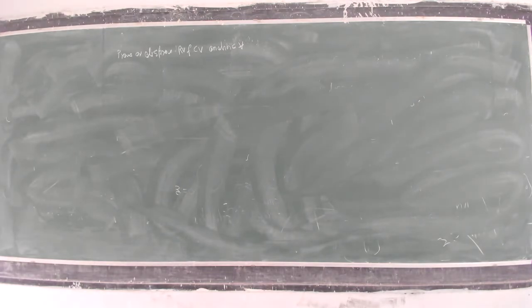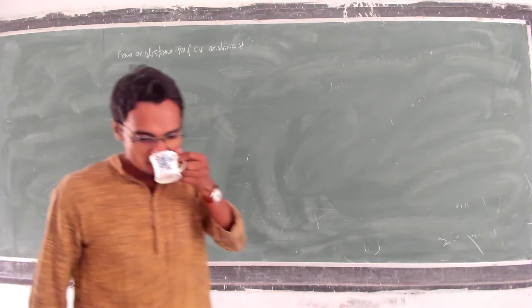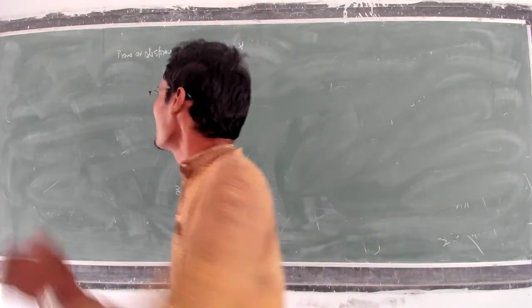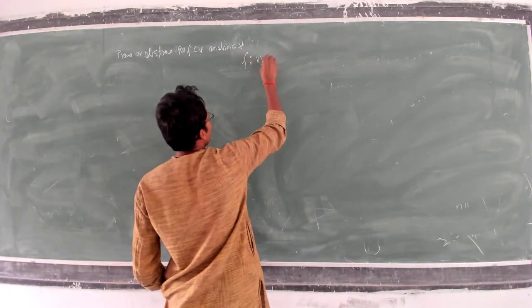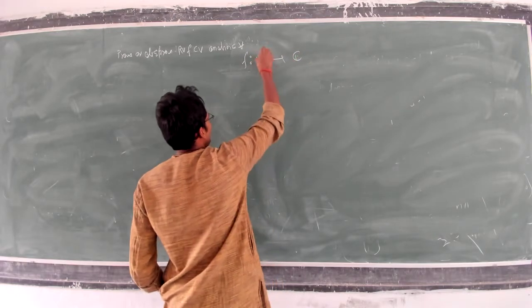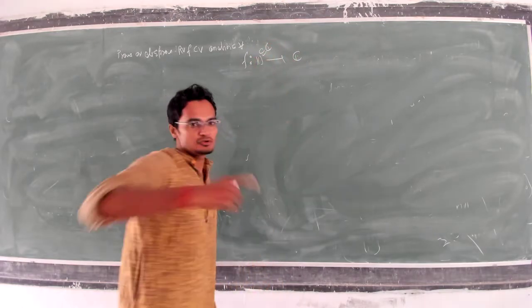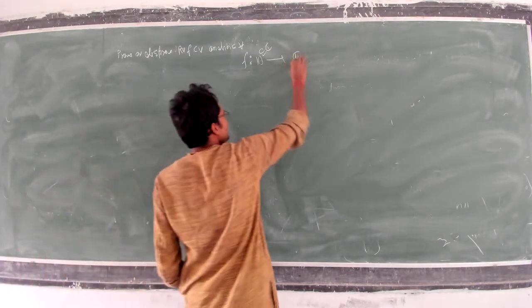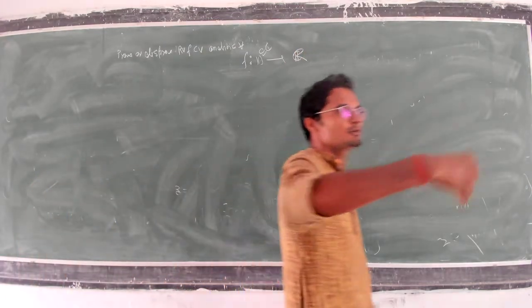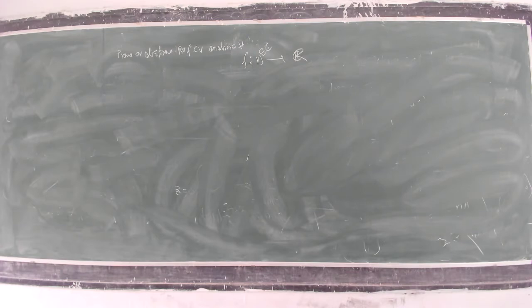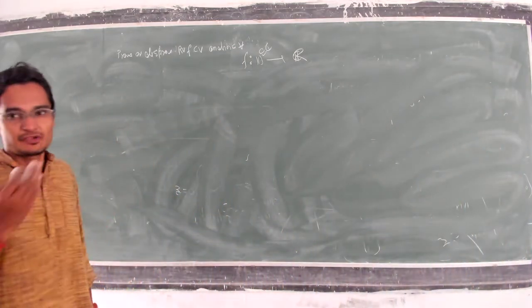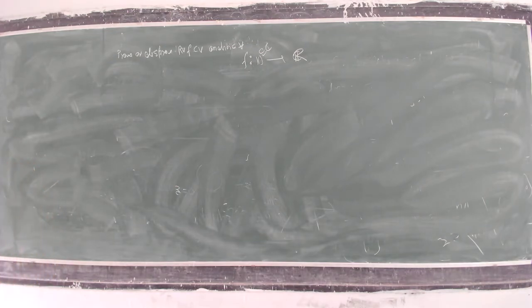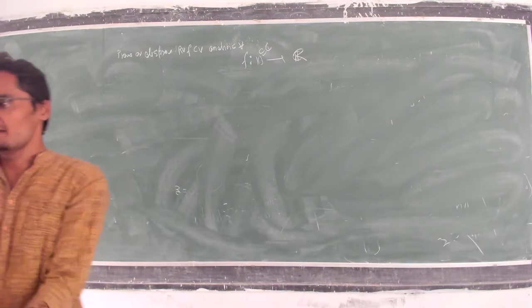What happened? Okay, so to check the function, f is defined from D to C or whatever you know. If you want take D equal to C, that is also fine. The thing is this is a real valued function, meaning that it will give you a real number. Whatever input you are applying, you will get a real number. Okay. So to check the analyticity, what do we need to check? Just check the differentiability, right? If it is differentiable everywhere, then analytic everywhere.